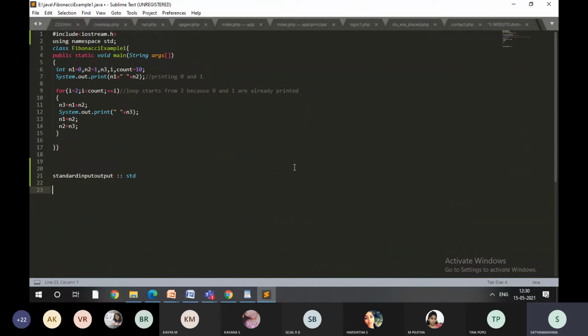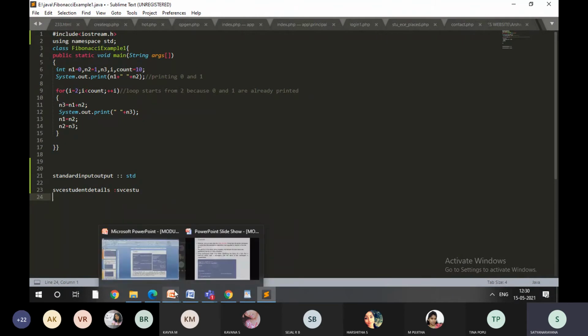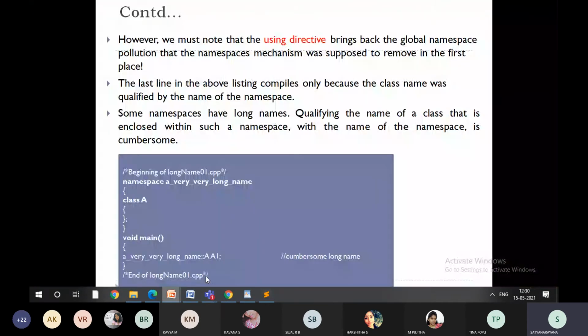This is the alias. Say for example, if I am creating the namespace svce student details, I can make it svce std. So instead of using a very big name, I can make it svce stu. Aliases help us in accessing the namespace, so in order to avoid long names, we use them.